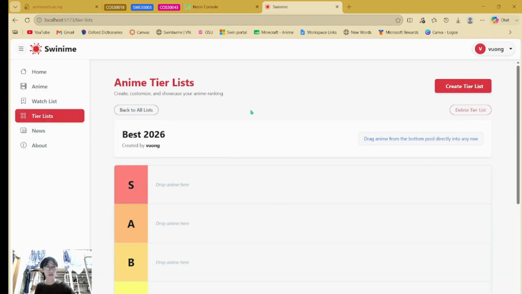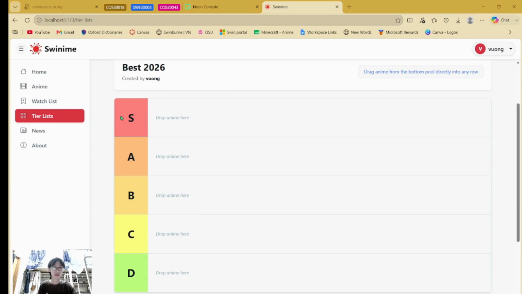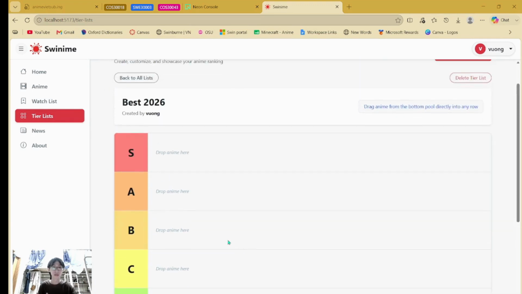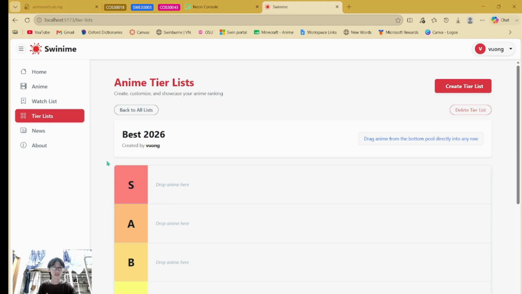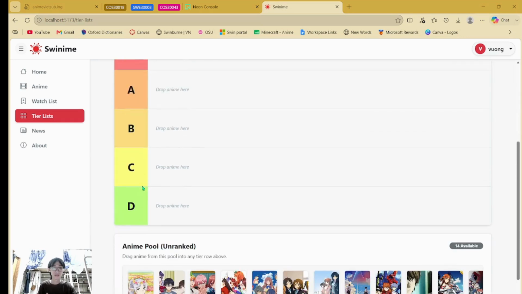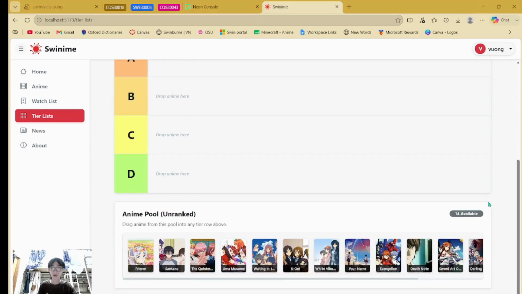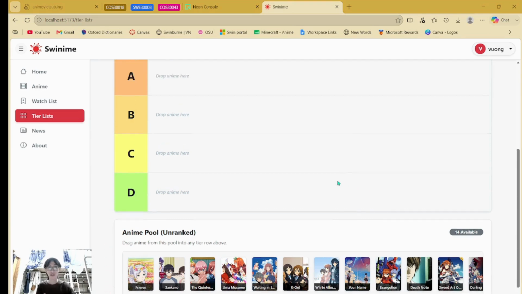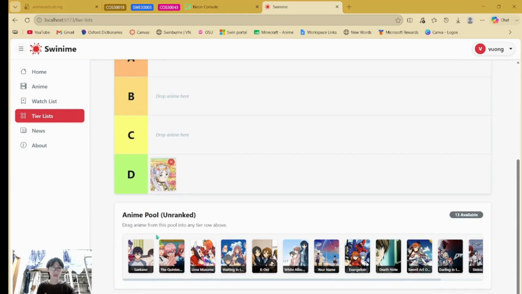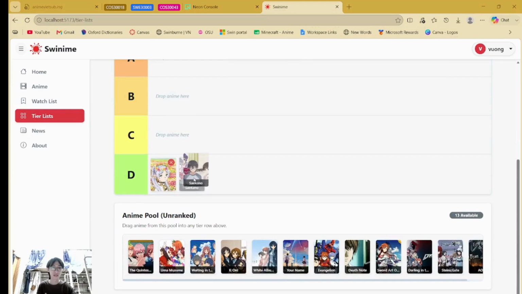So in this tier list, you will see there are 5 row tiers and an enemy pool. Each of these tier rows will be a Vue Draggable component, as A, B, C, and D, and this enemy pool, often called the conveyor belt, is also a Vue Draggable component, and we can drag an item from the pool to the tier list like this,